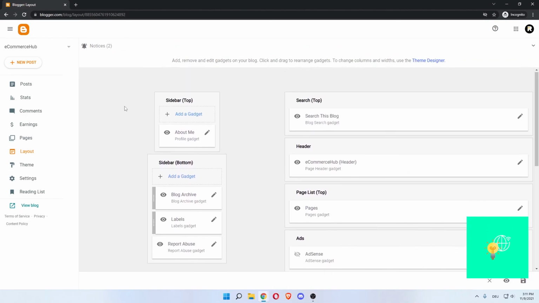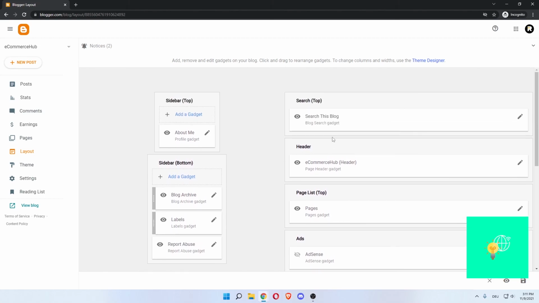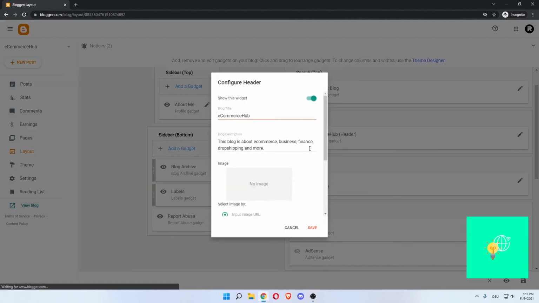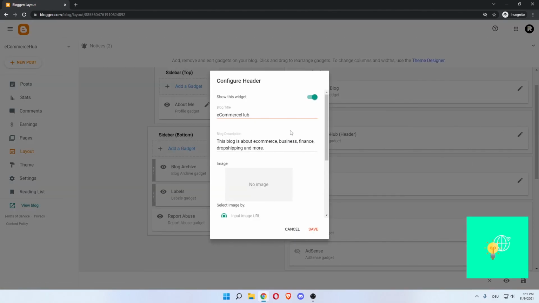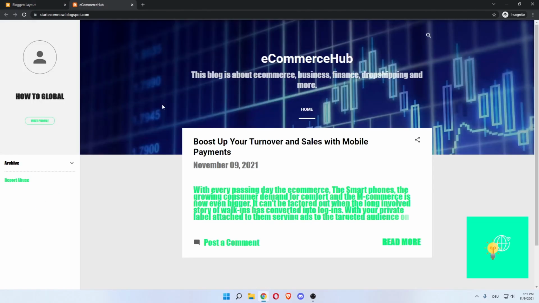So as you can see here, the top bar has about me, the sidebar has blog archive, labels, and report abuse, and then there's these headers. You can change around by clicking the pencil icon on the right and then enable and disable these widgets. Now, if you go to view blog, you can view the blog once more, and this looks highly professional in my eyes, and you have successfully created a free blog